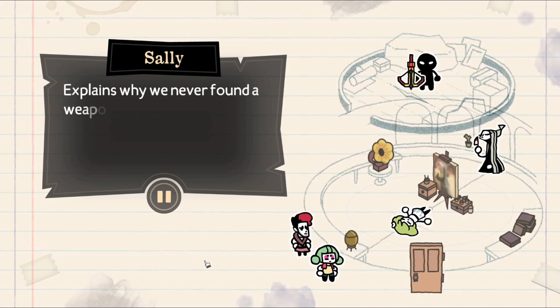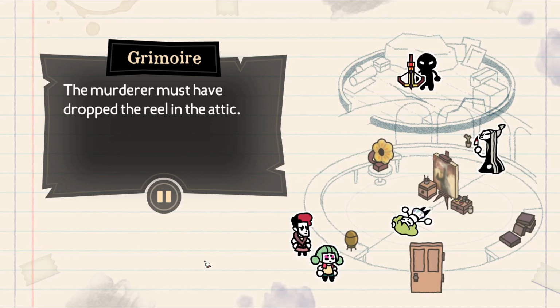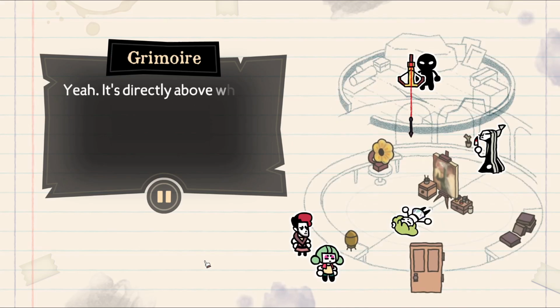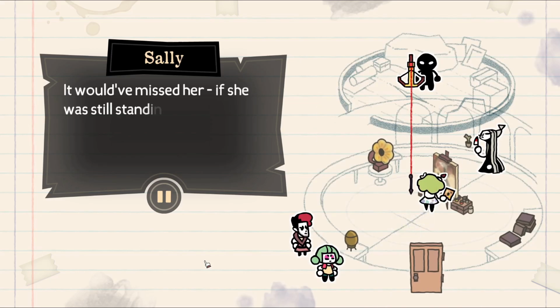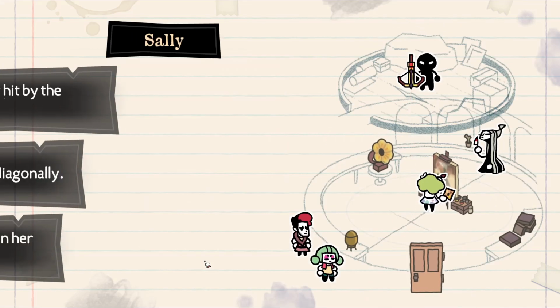Explains why we never found a weapon at the crime scene, I guess. The murderer must have dropped the reel in the attic. I'm guessing they were in a hurry to escape. Wait. The arrow was fired through the crack in the floorboards? Yeah, it's directly above where Freya was found lying on her back. Nope. Doesn't add up. It would have missed her if she was still standing up by the painting. Ah, right. Unless...